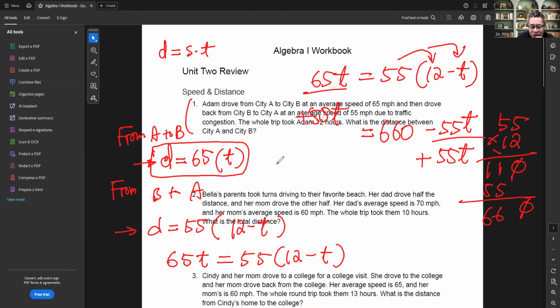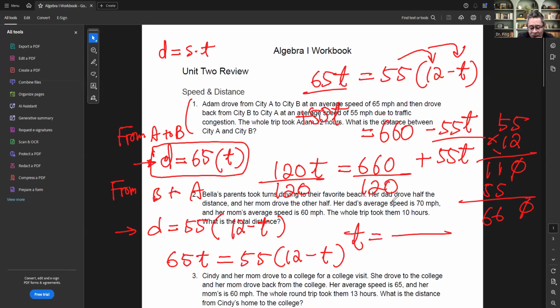So on the left, we got 120t. And on the right, we got 660. So we divide by that on both sides. And what's our t? t will equal 660 over 120, zeros cancel. And we can divide by 6 on top and bottom. So t is 11 over 2, which is